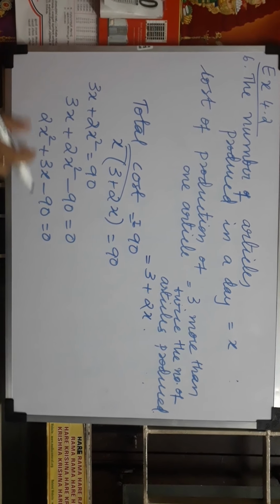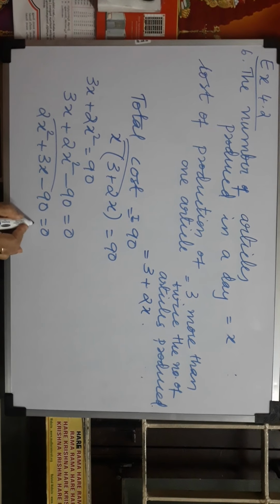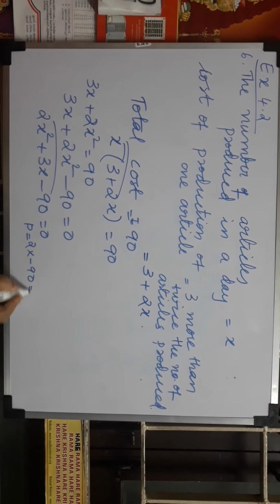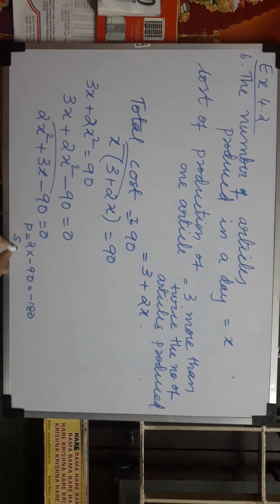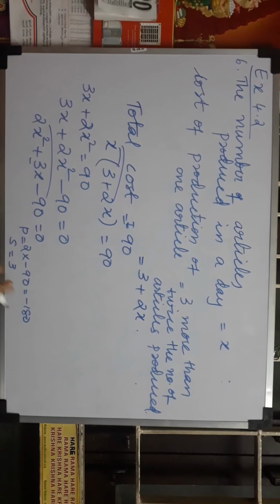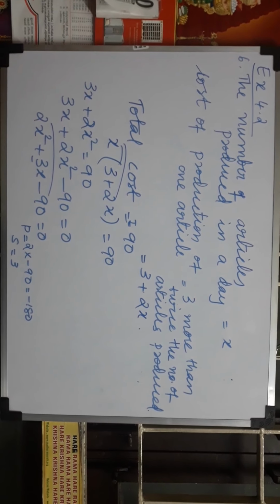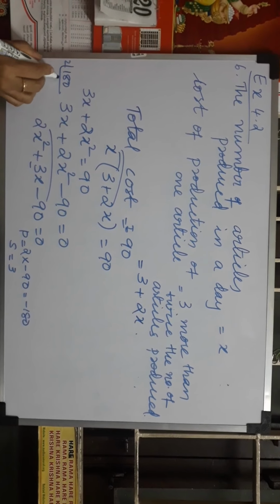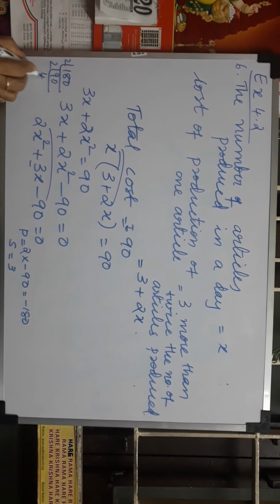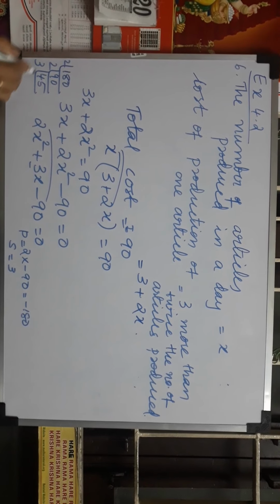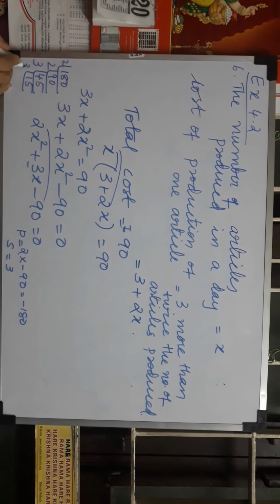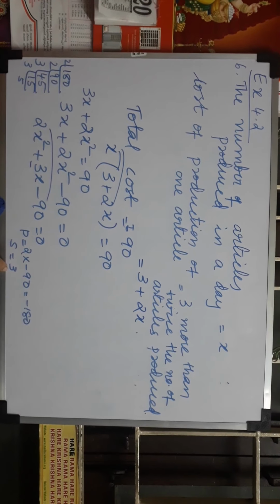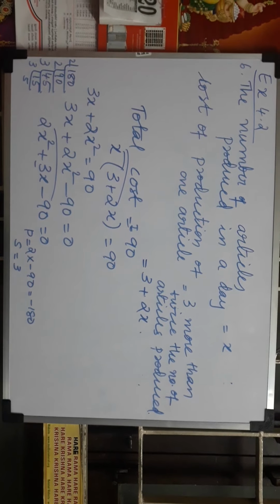Here we take the product and the sum. Product is equal to 2 into minus 90, which is minus 180, and the sum is equal to the middle term, which is 3. So the product is minus 180 and the sum is 3. We want to find two numbers. We can factorize 180: with 2 it becomes 90, again 2 it is 45, with 3 it is 15, again 3 it is 5. So we want the product 180 and the sum 3. Since the product is negative, we are finding the difference.